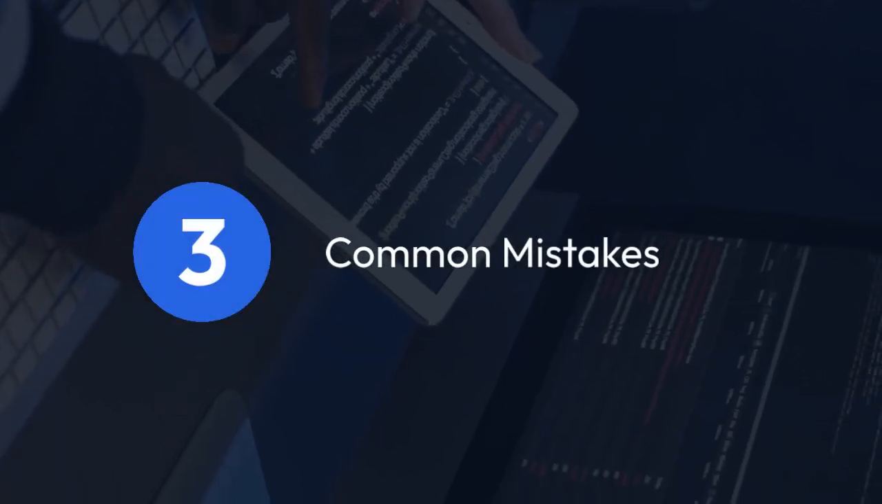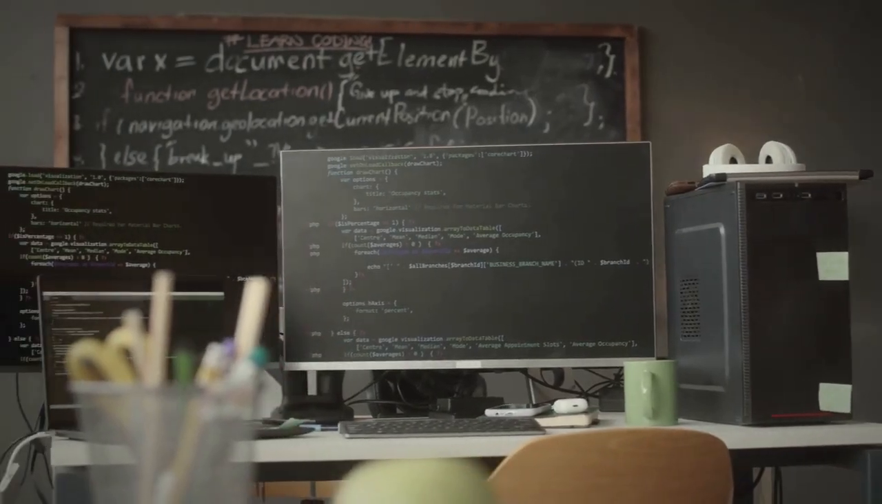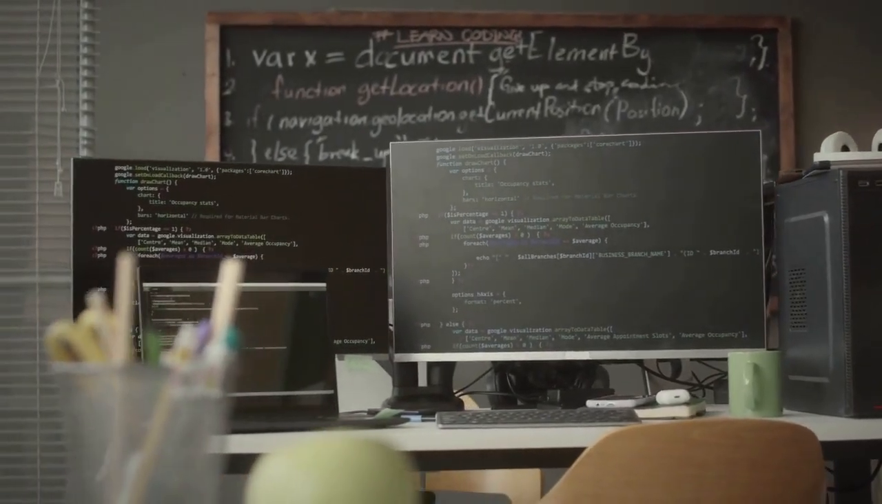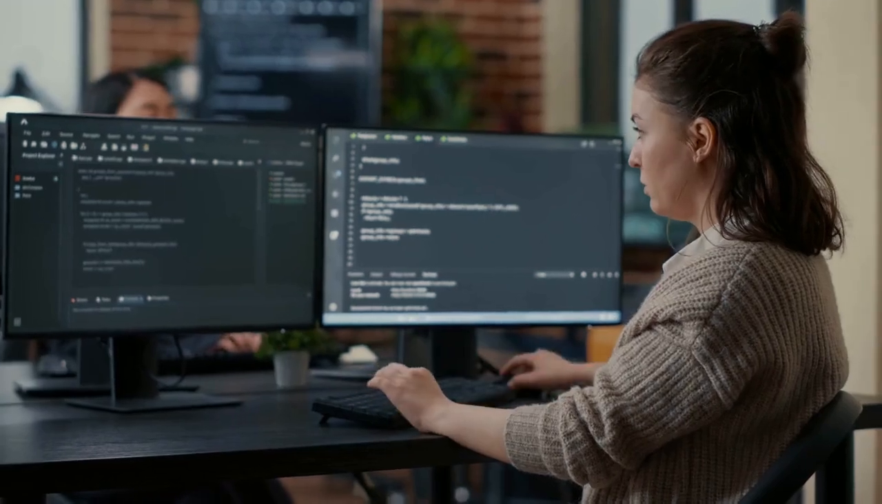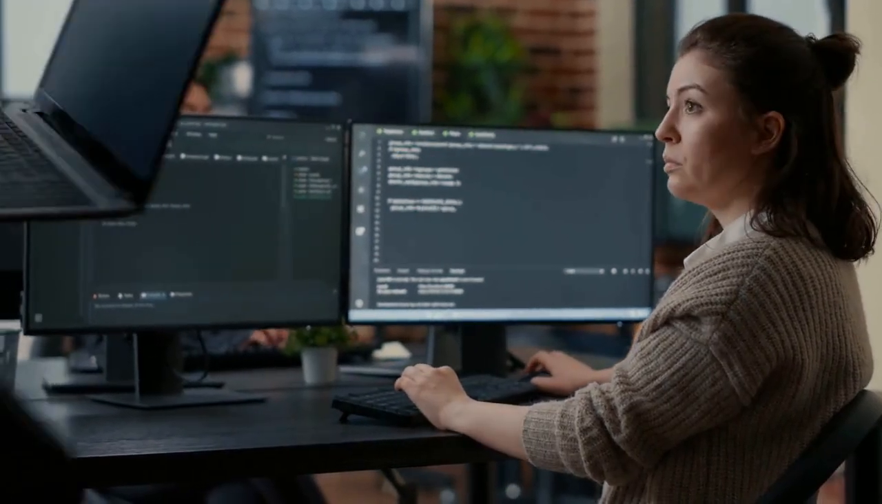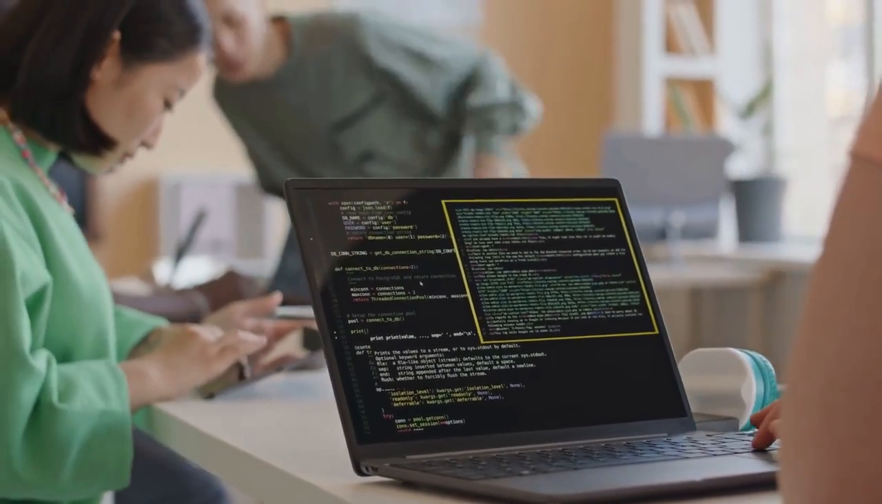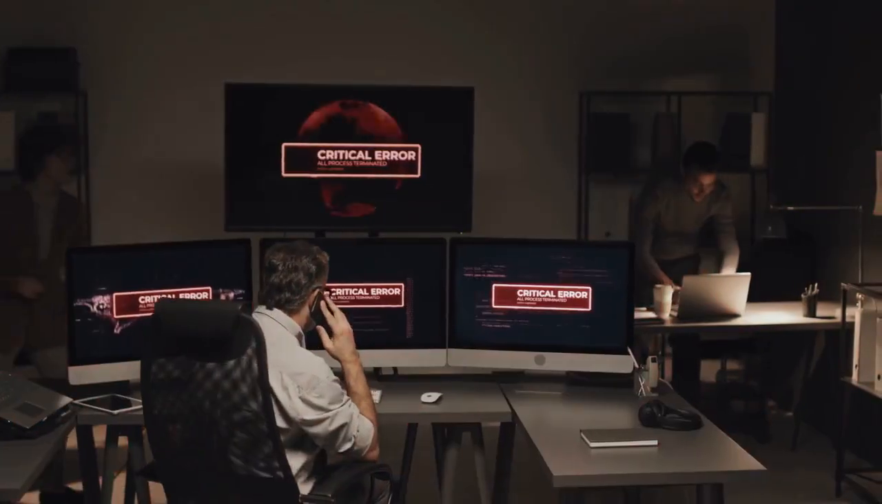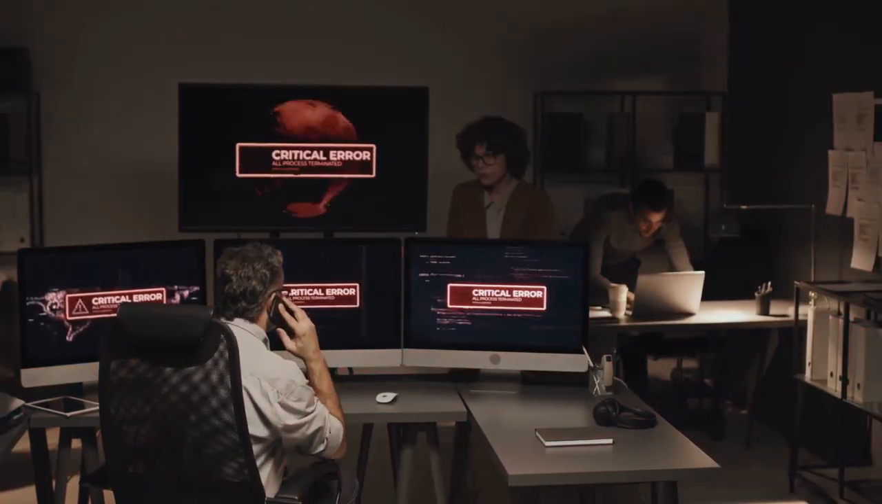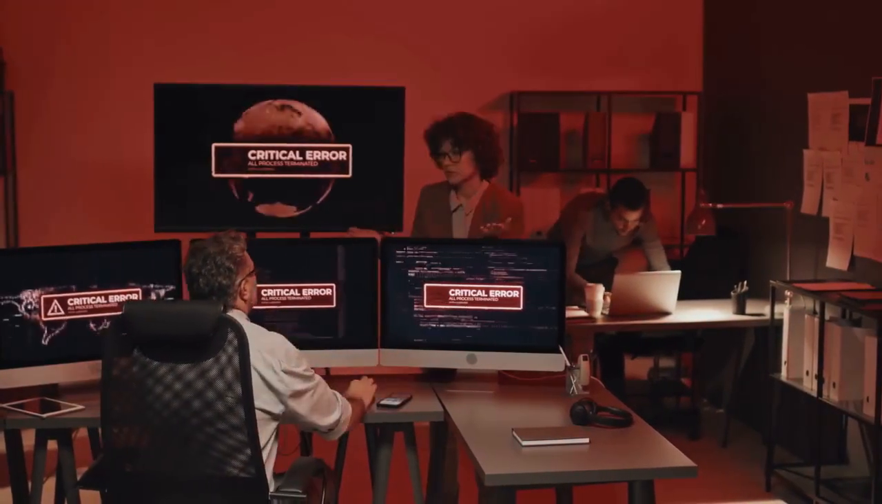3. Common mistakes. A frequent mistake is misspelling sys, for example, Sys or SYS. Python is case sensitive, so even a slight misspelling will lead to the error. Another mistake is forgetting the import statement entirely. If you directly try to use `sys.something` without importing it first, the error will